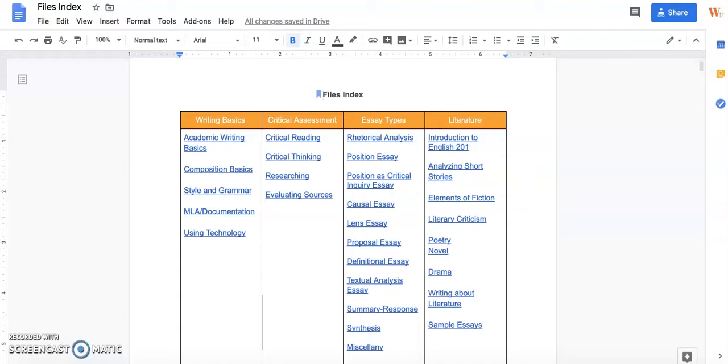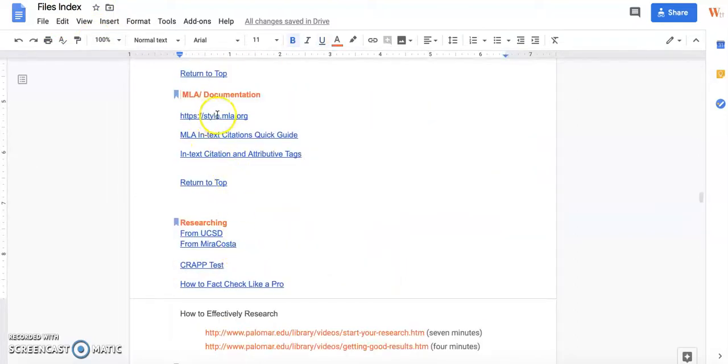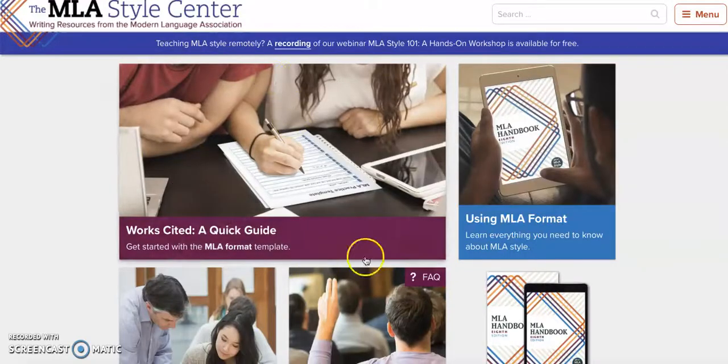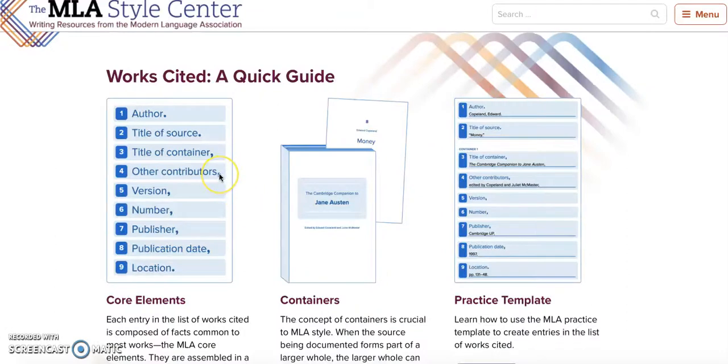So first off, you want to head out to the files index, and if you go to MLA documentation, click on that bookmark and grab the stylemla.org. When you click on that, you're going to end up here at the MLA Style Center, and what we're going to look at here is this purple box. So click on the purple box there,